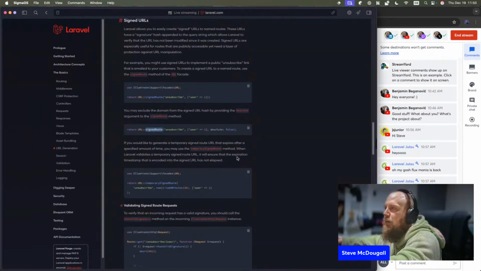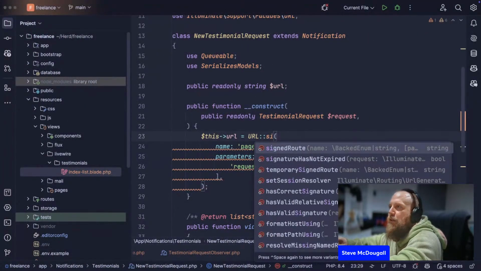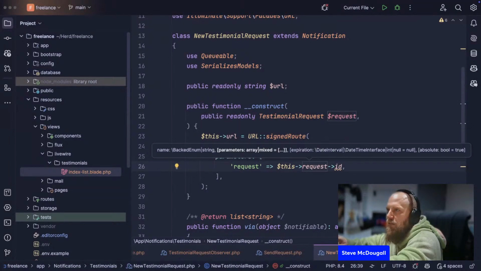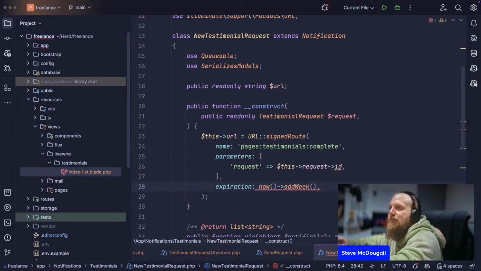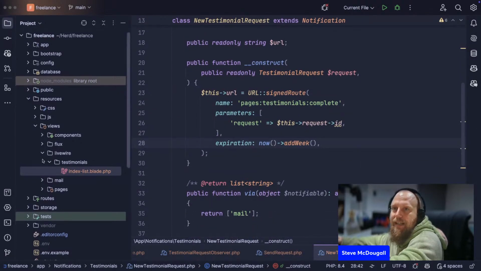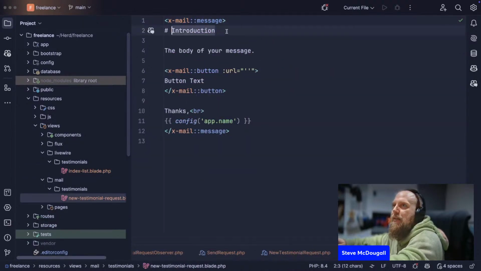We need a signed route, not a temporary URL. So we want a signed route, name, parameters, expiration, now add a week. That'll do. So we've got the URL there so that in our views under mail, we can say, hey,